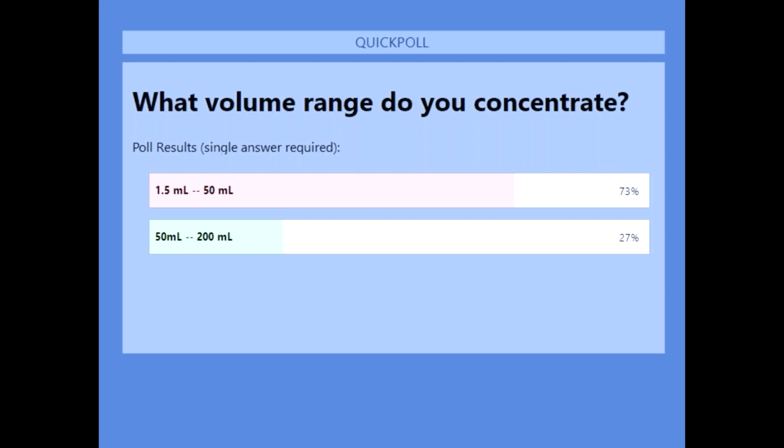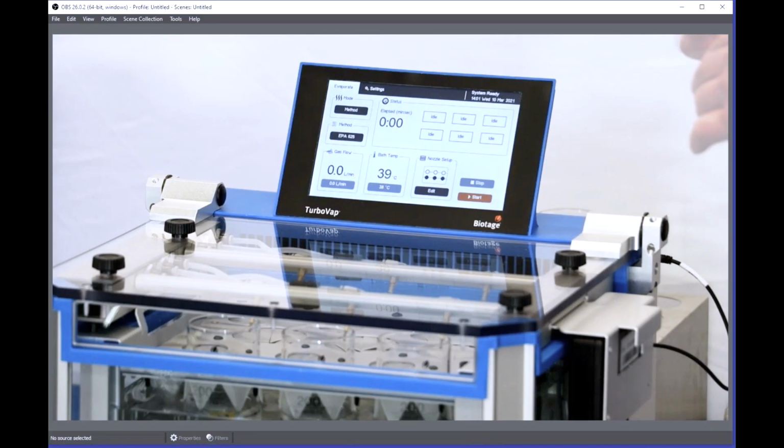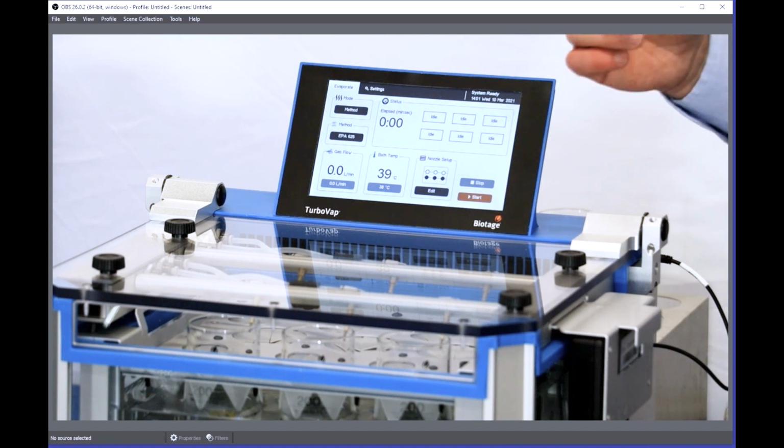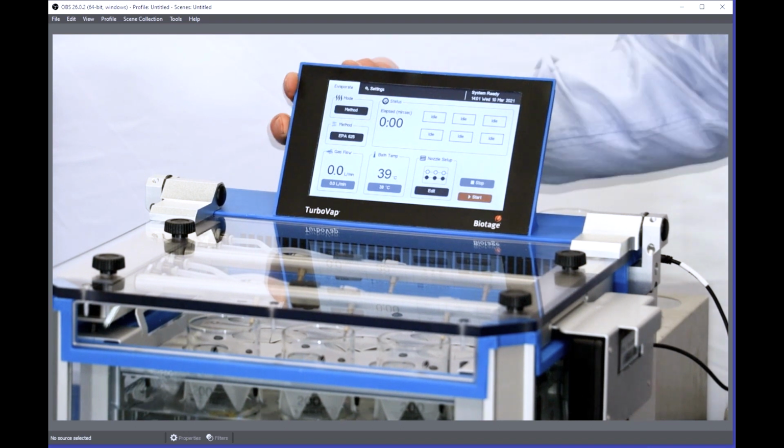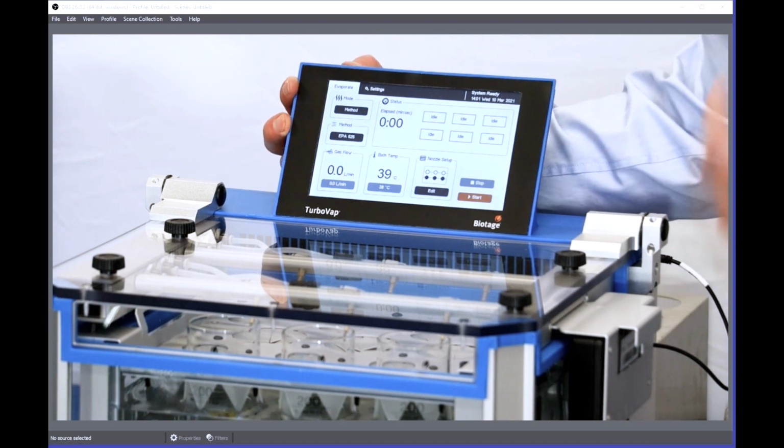All right. It looks like we have a lot of small volume concentrations going on in the lab. Well, that's great. So right now we're focusing on the 2, but we will get into converting it to an LV and going in with the lower concentrations. So as you can see, when you're in the evaporate tab, this is where you're using a lot of functionality